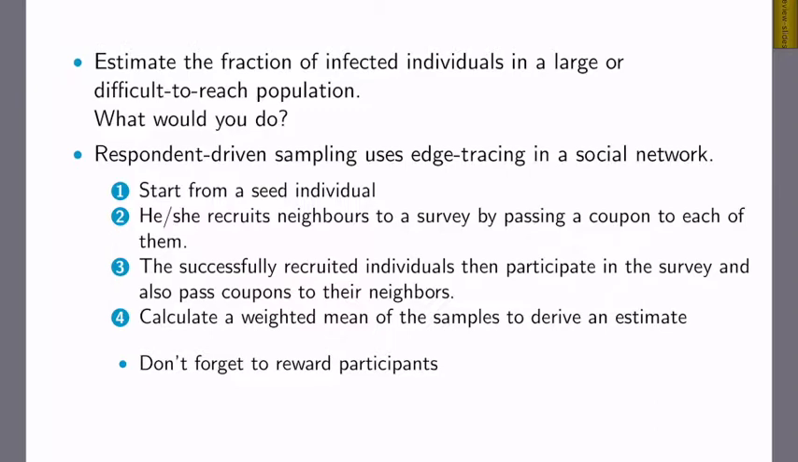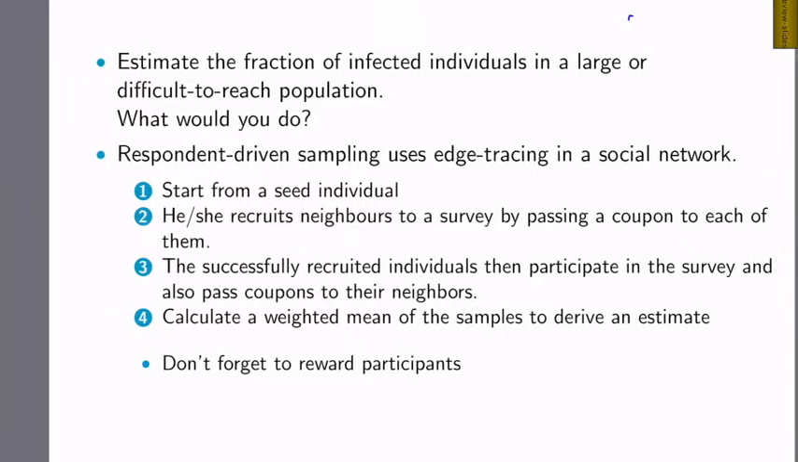So the next topic is respondent-driven sampling. Here the aim is to estimate the fraction of infected individuals, let's say, in a large network population, particularly a difficult-to-reach population where the people don't really want to answer questionnaires, for example where they are infected by HIV. So how can we sample and estimate the population average of something like age, or whether these individuals are infected or not? Respondent-driven sampling